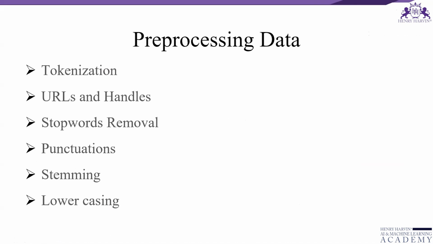So pre-processing, the first step is, say, tokenization. Tokenization means what? Say, like the person will be writing the feedback in a sentence. It is basically unstructured data. So the sentence has to be broken into words, right? So that conversion is basically called tokenization. Tokens means words over here, right? And then we will be trying to remove the URLs. We'll be trying to remove the stop words, then punctuation, stemming, lower casing, and all, right?